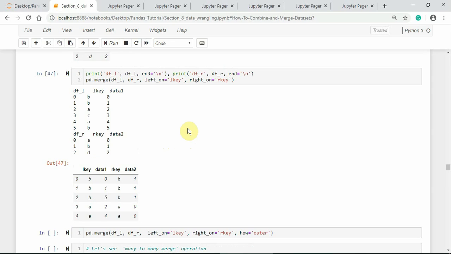When we switch on both the column names in both the data frame objects, these column names are considered as the merging keys. Here the left key and the right key.